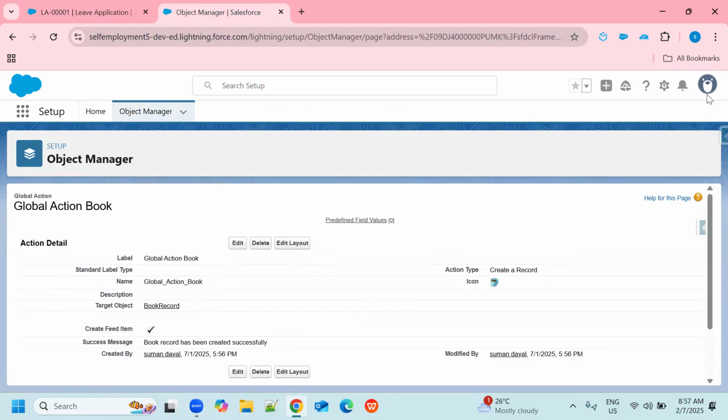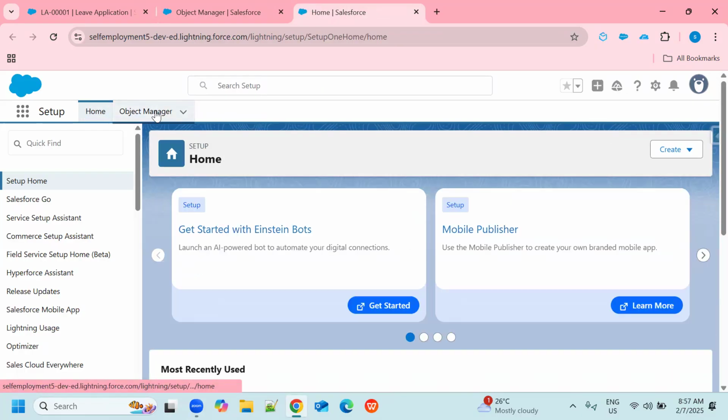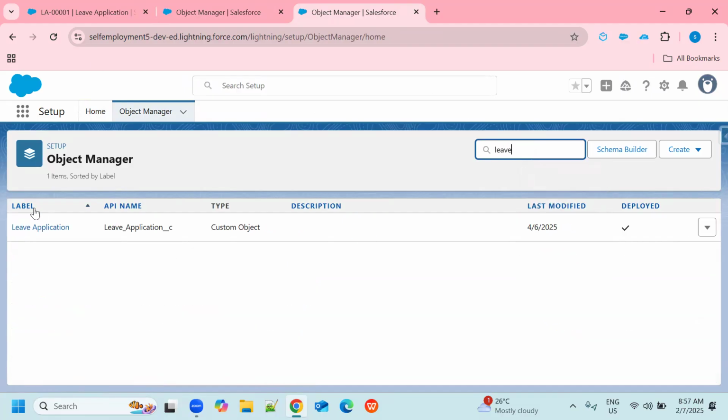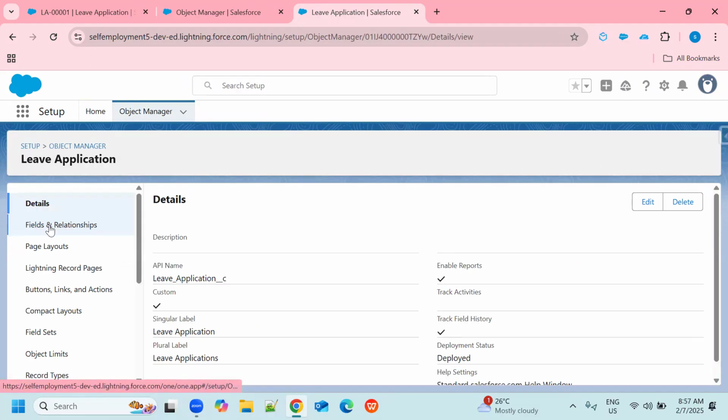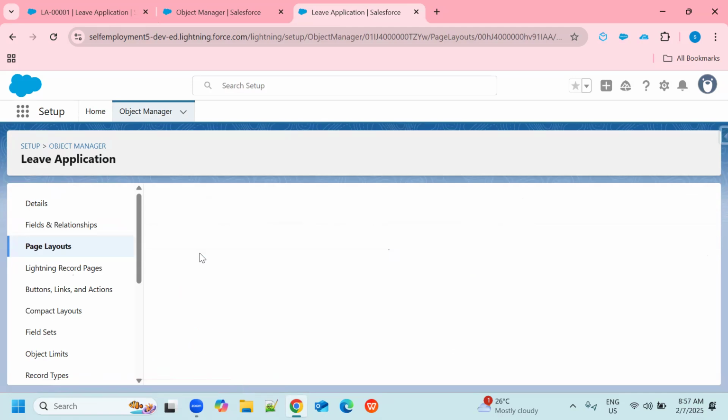Come here. Now one more time I'm going to open setup object manager. Now on which object you want to add, just open that, like leave application, right? Click here. Now open this page layout, click here.